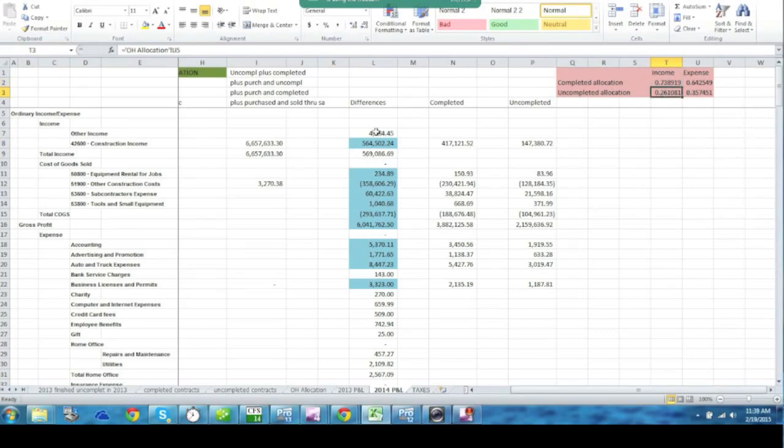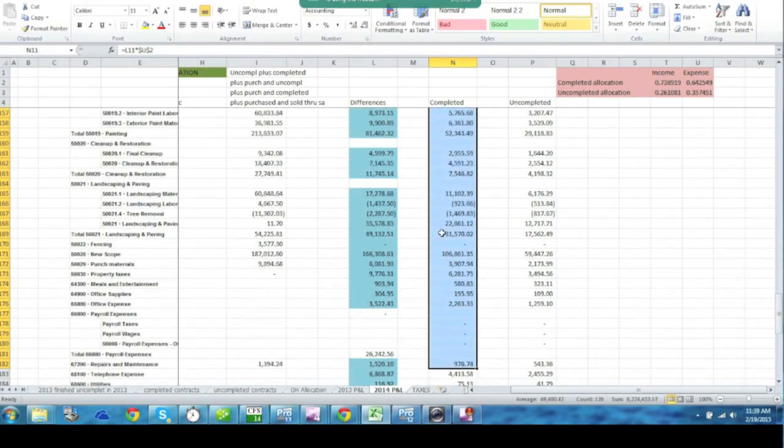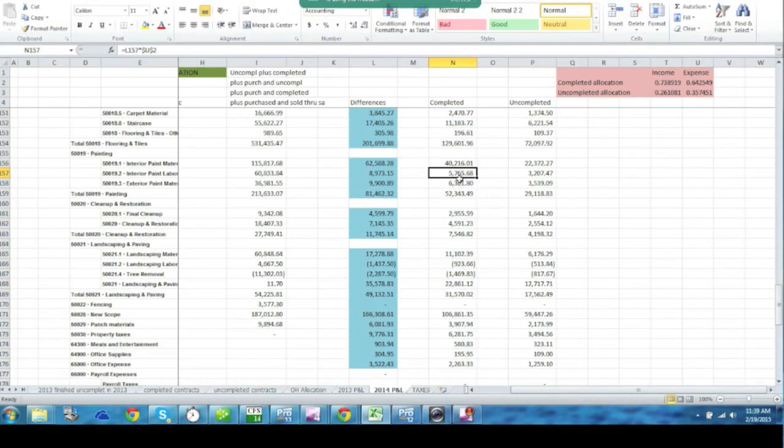So we're taking these overhead differences and multiplying them by the rates. So for the income, we're multiplying the completed column by 73.8%. We're multiplying the uncompleted by 26.1%. And with all the expenses all the way down the line, all these expenses, we're multiplying the completed, we're multiplying for